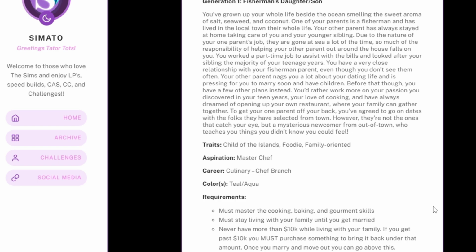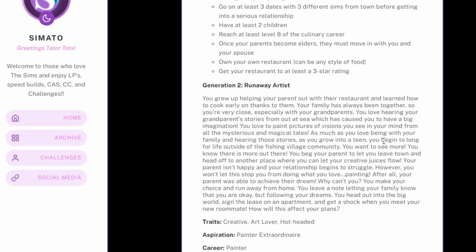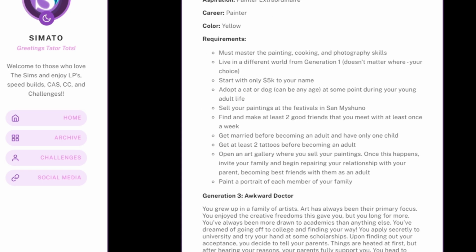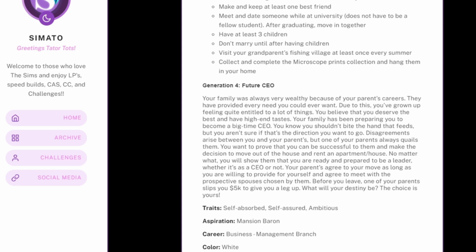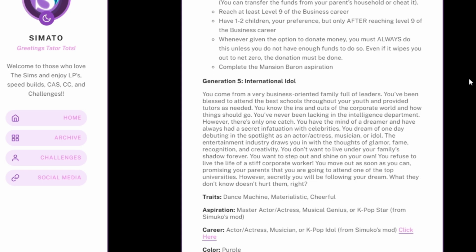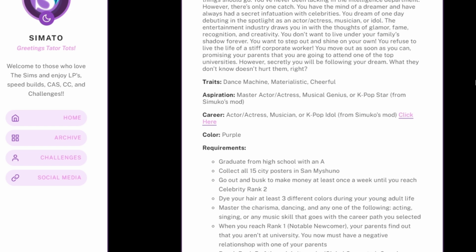And the later ones aren't as much, but that's because I feel like at that point you've built up your characters more, so you kind of know what's going on, if that makes sense. I hope that makes sense. But anyways, Generation 2 is called Runaway Artist, 3, Awkward Doctor, 4, Future CEO, 5, International Idol, which this one,